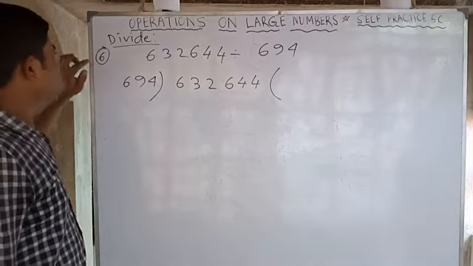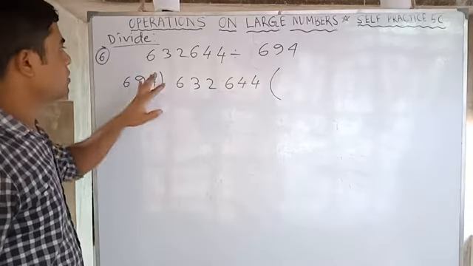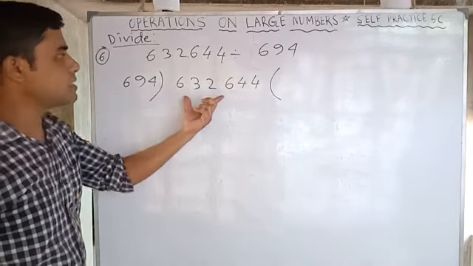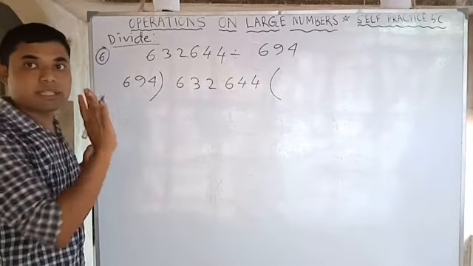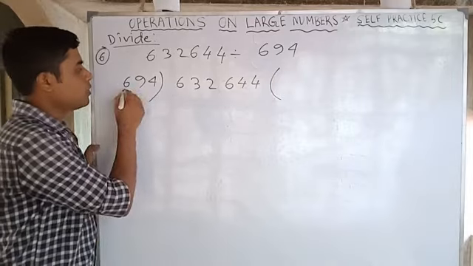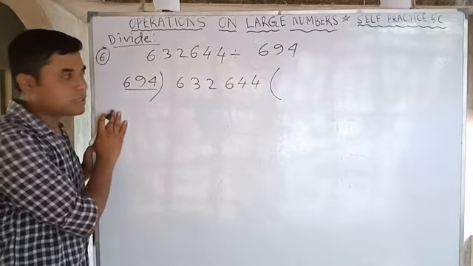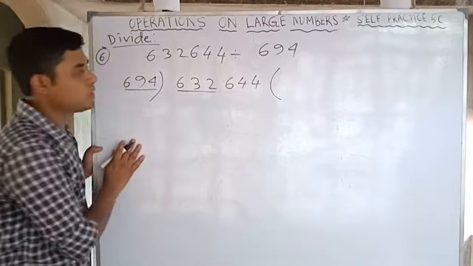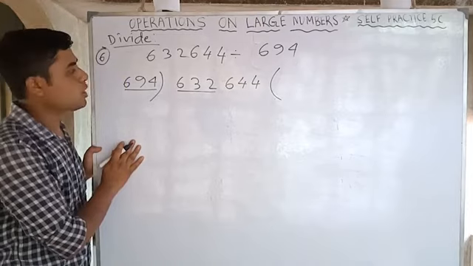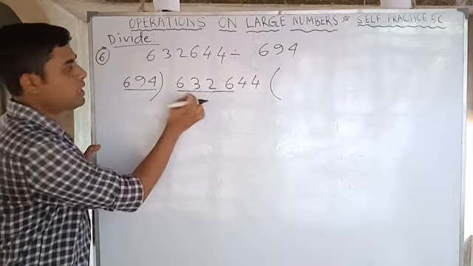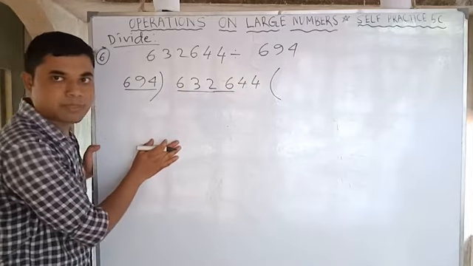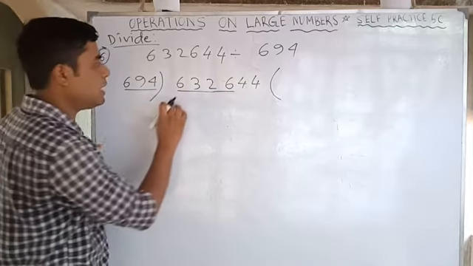So my dear student, our next sum is 6. So first, this is the divisor and this is the dividend. So let's check this sum. How to do? Count the digit, 3 digit. If you take 3 digit, look, it is smaller. So what you have to do? You have to take 4 digit. That means you have to check for 6326. Is it clear? Up to this you already learned.